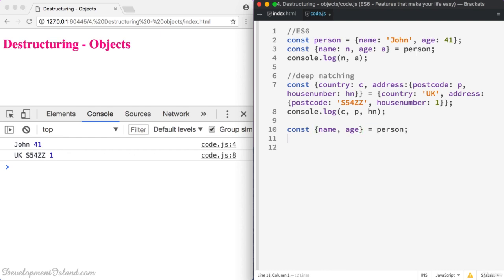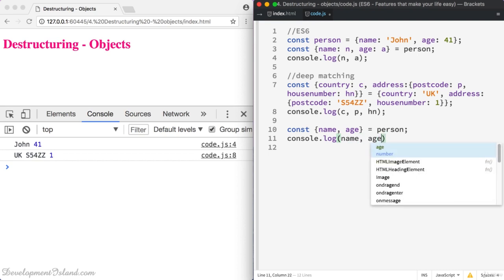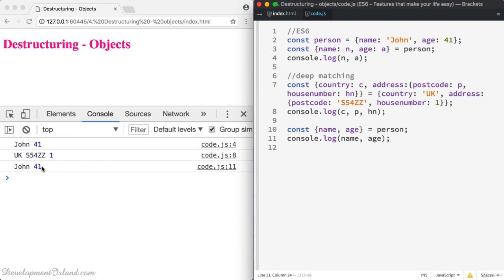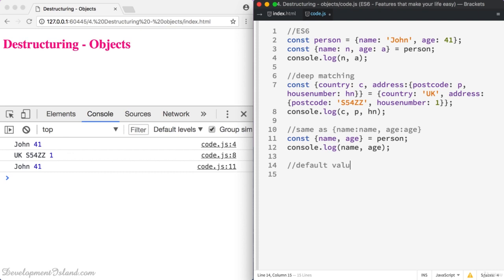And now if you log name and age, you get the correct values thanks to the destructuring. All right. So let's just write this is the same as